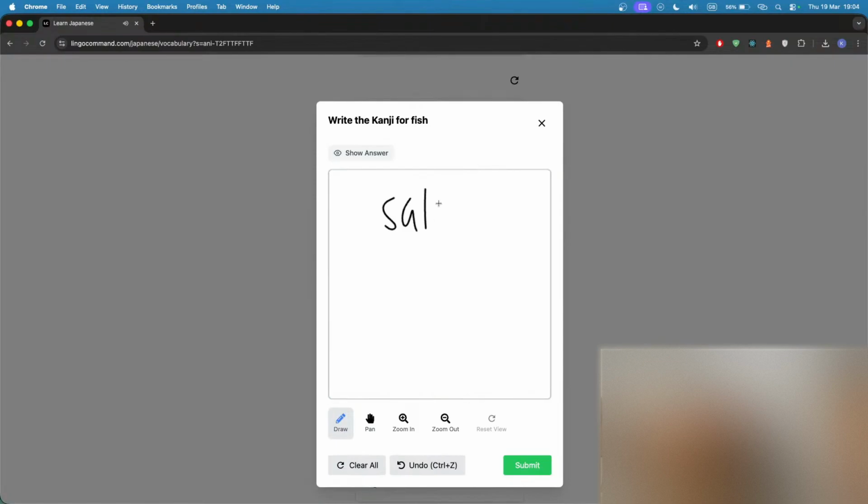Fish is sakana in Japanese. And the hiragana is like so. So it's sa, ka, what's wrong with me? 1, 2, 3, 4. Yeah, there we go. So this is na, sakana. As for the kanji, I think if we zoomed out,